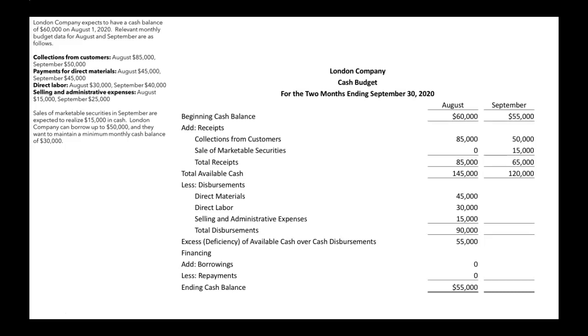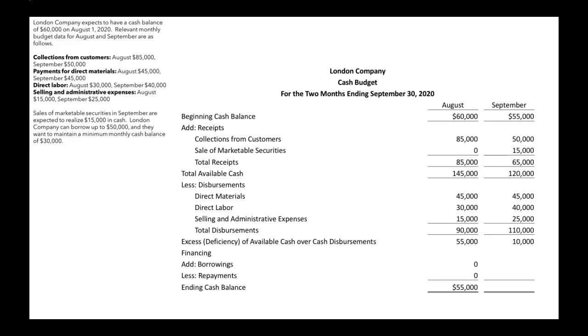So direct materials. We spent $45,000 again in September for direct materials. We spent $40,000 for direct labor, and we spent $25,000 for selling and administrative expenses. So if we add up our three disbursements, we find that our total disbursements amount is $110,000. So when we take our total available cash of 120 and subtract out our disbursements, we see that we're